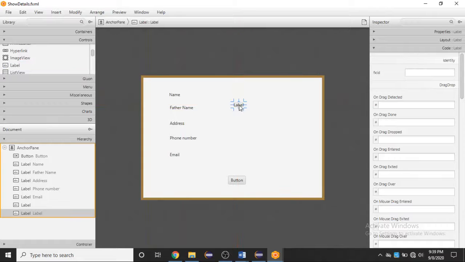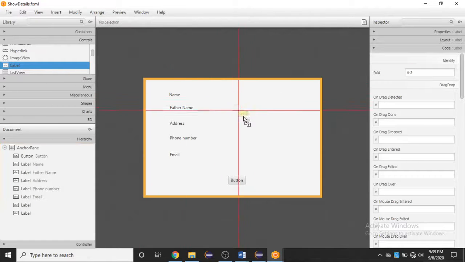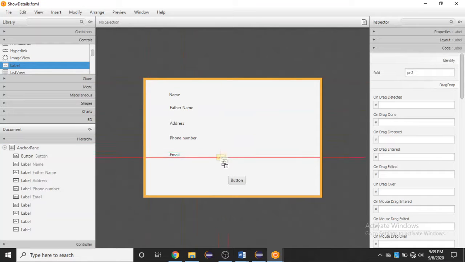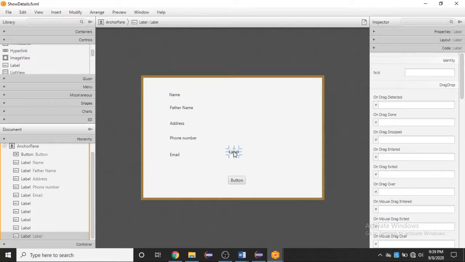Now the second label, removing this text and adding ID FN2, then adding the third label for address, removing this text and setting ID as add2, then again going to add the fourth label, removing its text and setting ID as PN2, then adding again a label, and adding an ID as EM2.